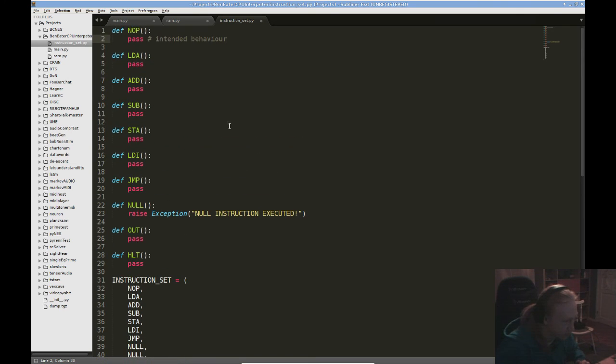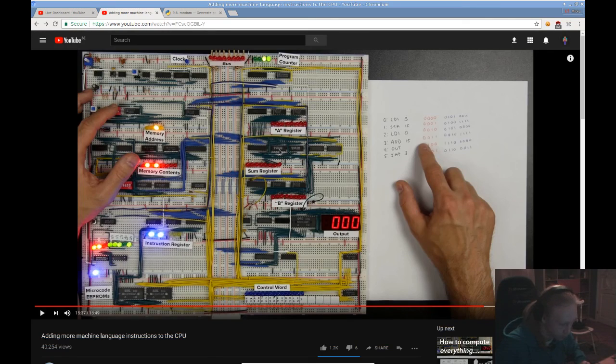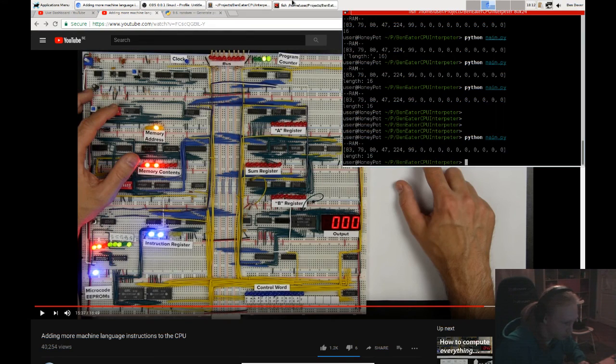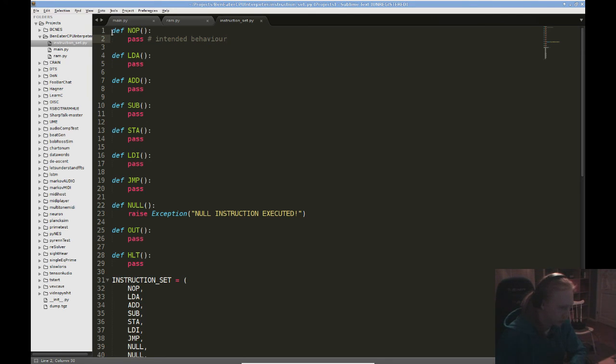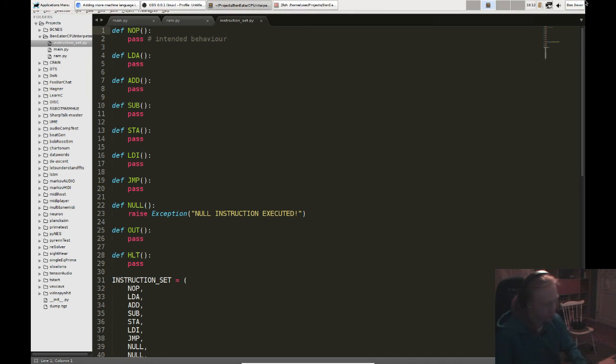Now we just gotta define what all of these instructions do. So let's analyze the actual computer right here in its coppery gloriness. And actually, let's not. Let's just assume things. Let's go by the name and let's use intuition. And where intuition fails us, we're gonna revert back to doing some good old-fashioned research. So,